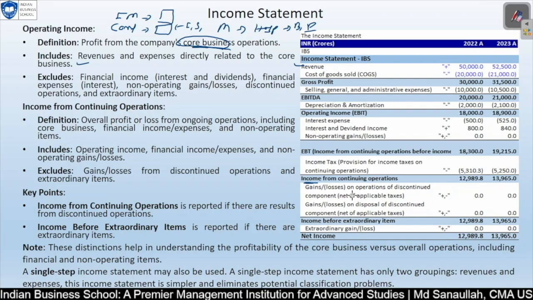Income and gain or loss from discontinued operations: if you are discontinuing a particular branch or selling its assets and other investments, you might get some cash, or whatever the value of that asset is. Maybe the value of the asset in a particular branch you have invested in was 10 million, but when you sell it you get 8 million, so you will book 2 million as a loss, and that too net of income tax. I mean to say, income tax has to be deducted,